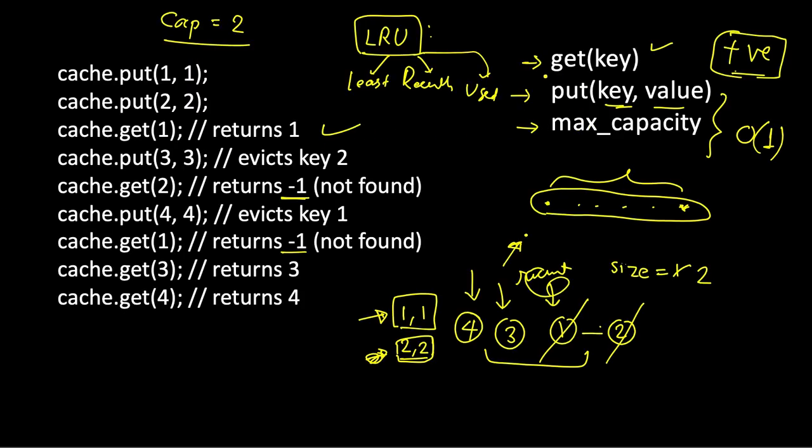So how can you get a key? In order to get it, you have to return it in constant time. So naturally something comes to your mind: I will keep a map where I will have key and some value, because a hash map allows you to get or access a key in constant time. So you will have a map,